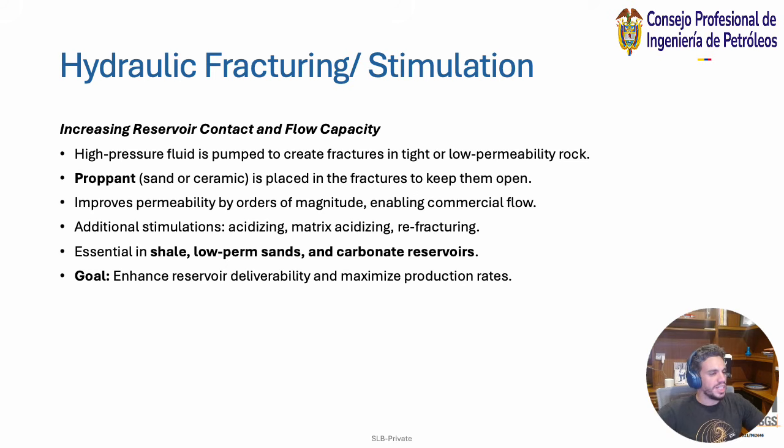They do that: if I take a sand with a better permeability than my rock and push it in there, I will have that be used as a proppant, right? And when I improve the permeability, I can enable an economic flow or economic production of my reservoir. So that became the most dominant way of producing oil, or stimulating, I guess you can say. Other forms of stimulation that we'll mention here are not as common, and they were more valuable back in the day when this technology didn't exist: acidizing and matrix acidizing,